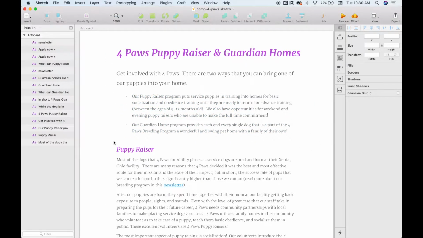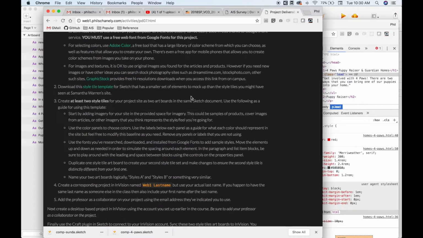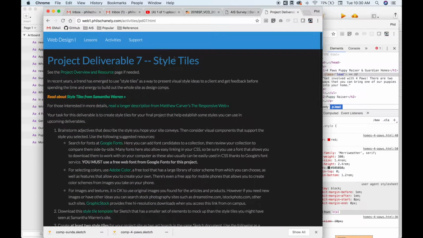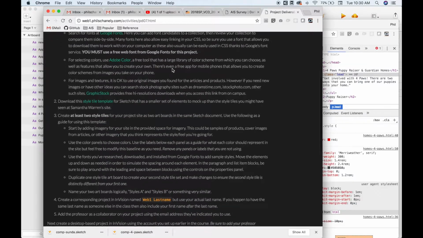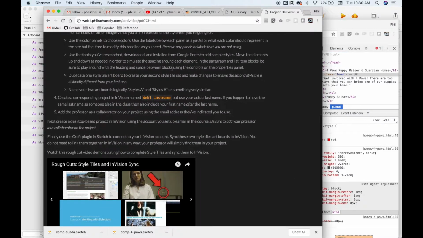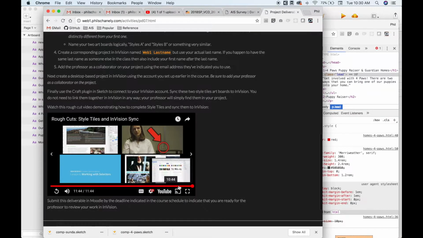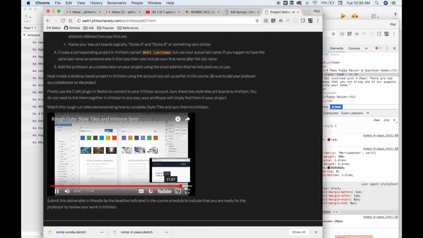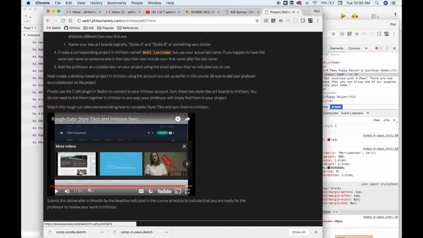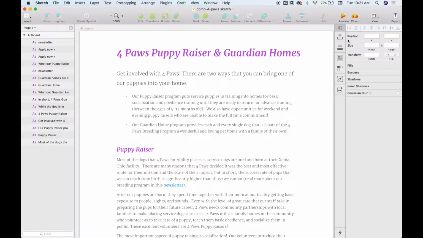Last of all, I hesitate to show the website because things do change over time, but at the current, the Project Deliverable 7, which goes over style tiles and using the Craft plugin and using InVision, has a video down here at the bottom that overviews how to do style tiles, and the portion at the end here goes over how to do this whole step where we're actually uploading to InVision, and some caveats there, that even if Craft doesn't behave for you well, you should be without excuse. There are ways to get your artboards directly uploaded into InVision. So make sure you're watching that video before getting too frustrated with how things are working here,